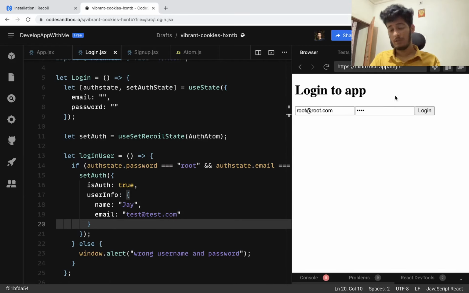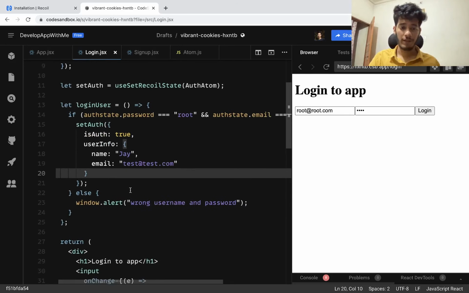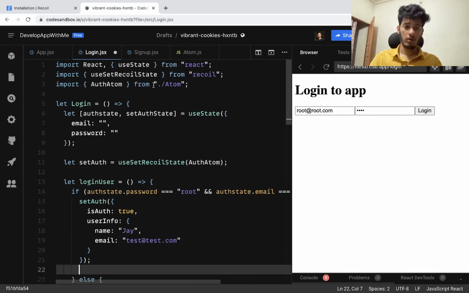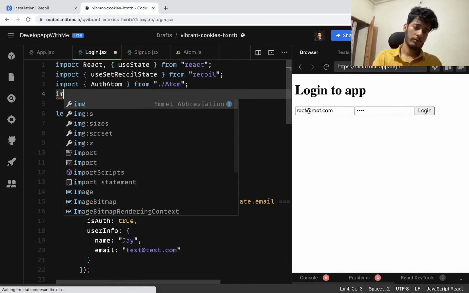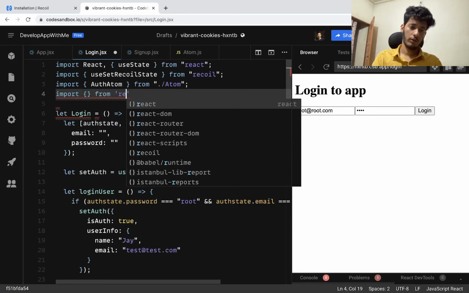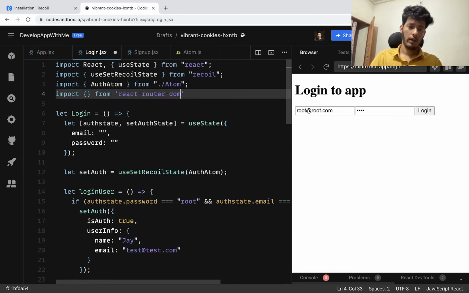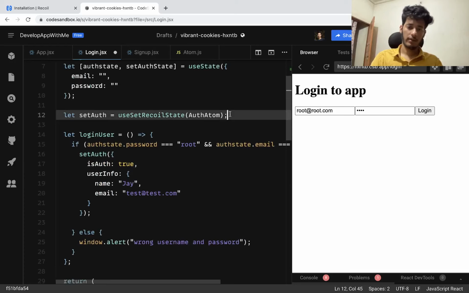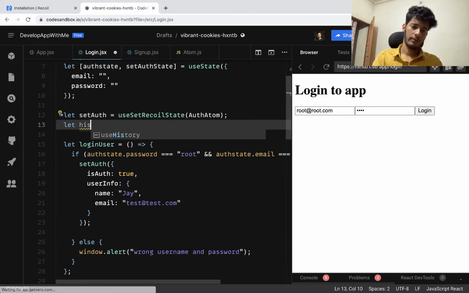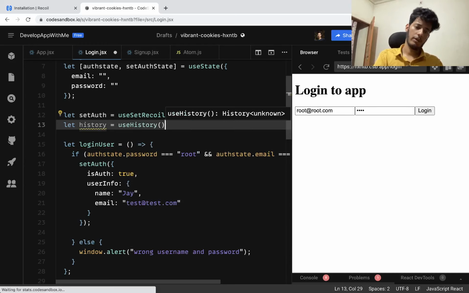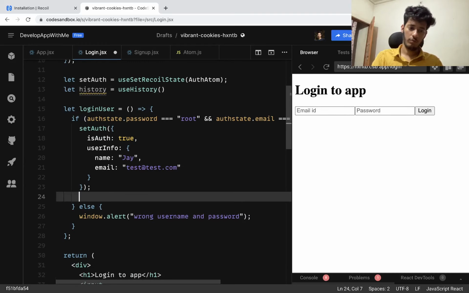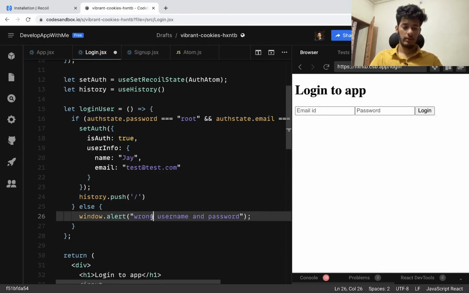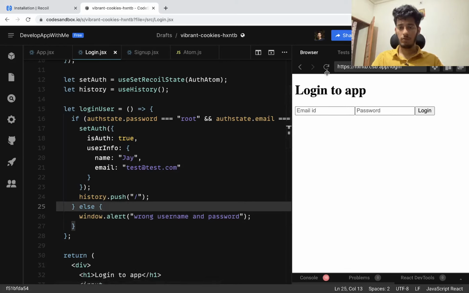By the way, here we'll have to push this, and now after doing this, we can just use the history hook to push this. So we'll say import from React Router DOM, and what we can use is useHistory, right? So now we can say let history is equal to useHistory, right? And here we can just pass the home page as history.push the home page, right? And save it. So if we just refresh this,